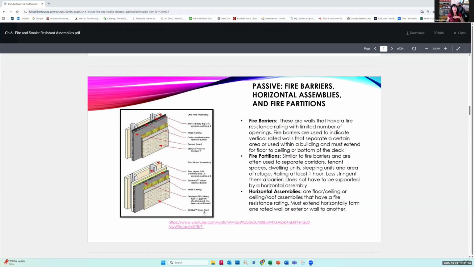These are walls that have a fire resistant rating with a limited number of openings. So if you have a fire barrier wall, you need to know, because if you want to cut into that wall, you're only allowed a certain amount of square inches, or a window. There are rules. Fire barriers are used to indicate vertical rated walls that separate a certain area, or they're